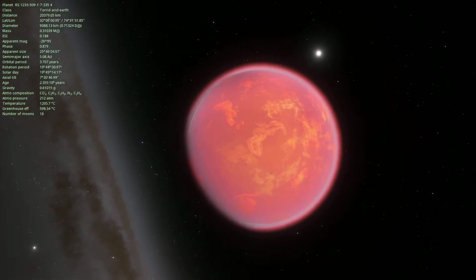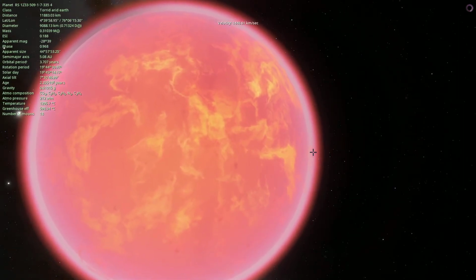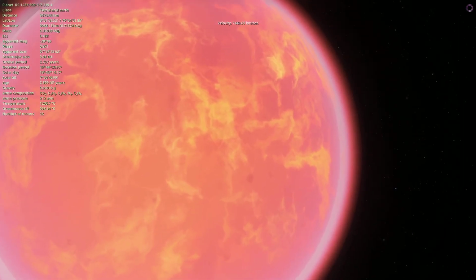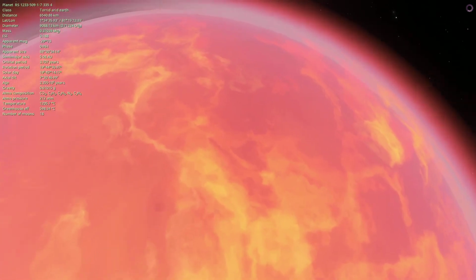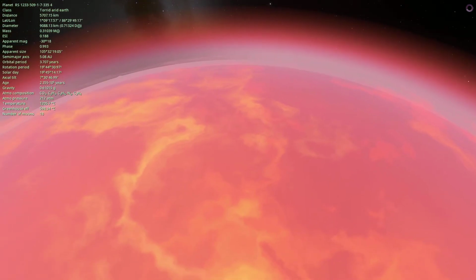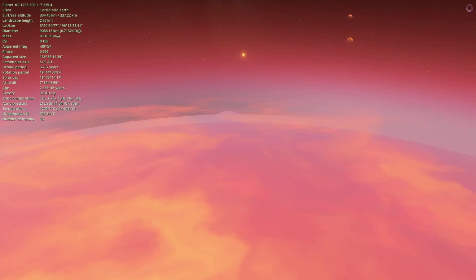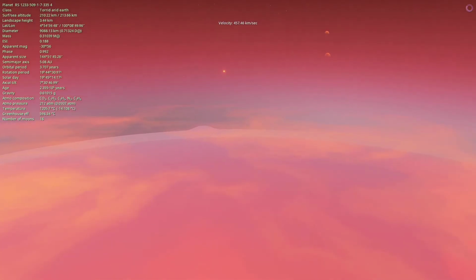You know, whenever I see planets like this in Elite, I always want to land on them. I should be giving my game more time to load this, but I can't hold my excitement back. Wow. An absolutely phenomenal view through the clouds. Let's hide the interface. Well, that's just gorgeous.